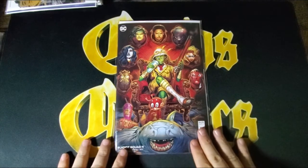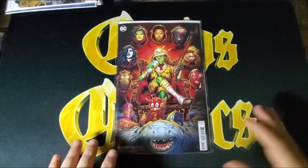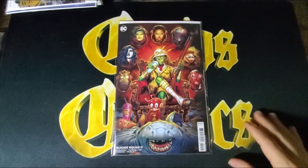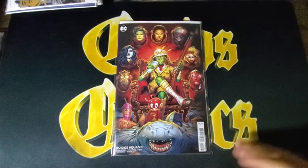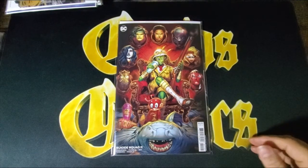What they did with Ambush Bug was they really didn't give him any powers, so he doesn't really fight. And so the stories you can tell with Ambush Bug are kind of limited. He's not like Deadpool, and he doesn't go around killing everyone. So it's just a different type of take on that kind of character. And I think if they went back and did it again, they may have rethought how they did the character,